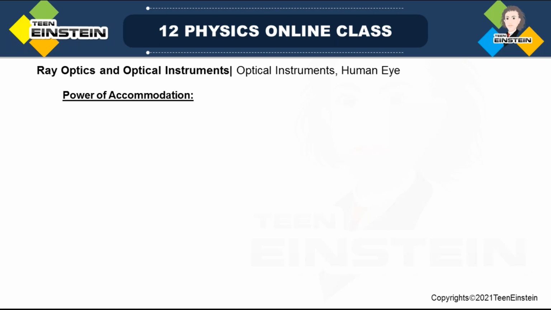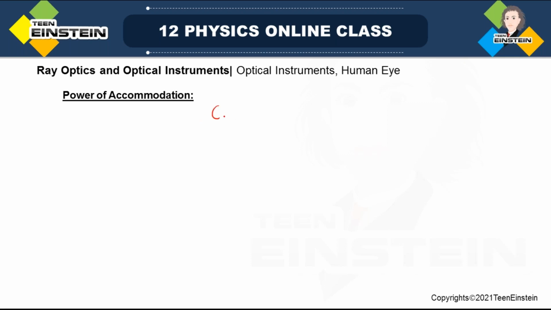Or a far off object also you cannot see with that fixed focal length lens. But power of accommodation of the human eye is actually an important action of human eyes. What it does,